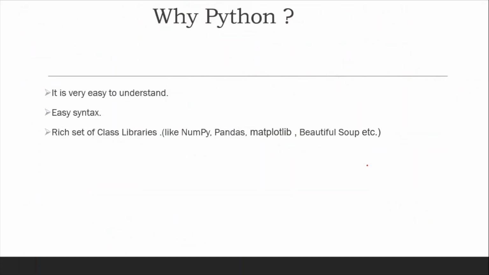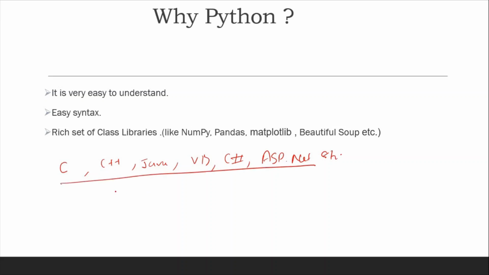Why Python? Many languages are already available, like we have already discussed in the first slide: C, C++, Java, VB, C Sharp, ASP.NET, etc. Then why are we using Python?